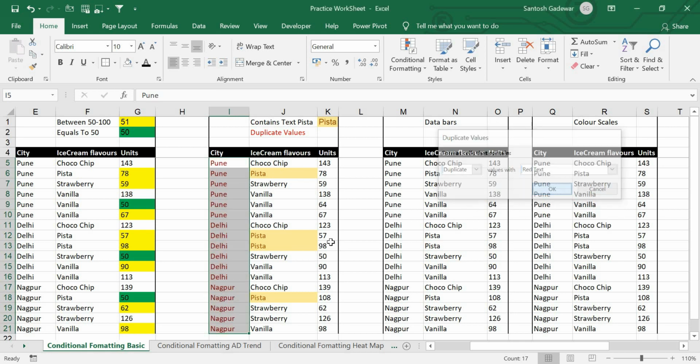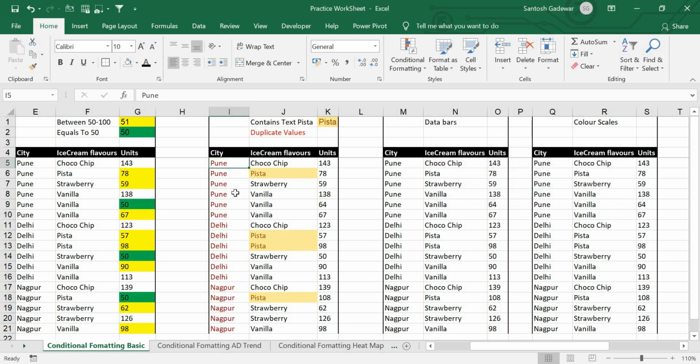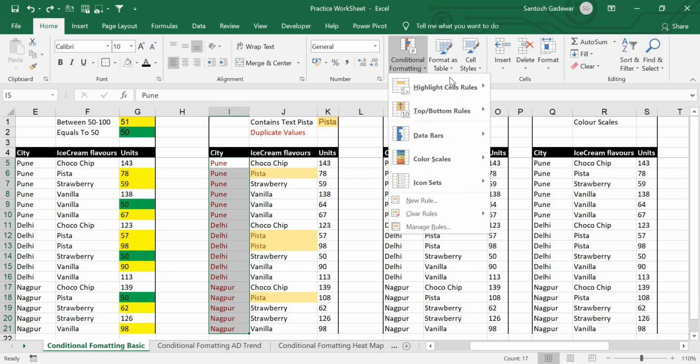So all the values which are duplicate in this column have been highlighted. As Pune is duplicate, Delhi is duplicate, Nagpur is more than one time, so they have been changed to red format. If I delete a few rows which are duplicates, the unique value will regain its original formatting.